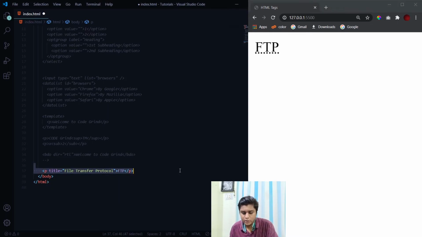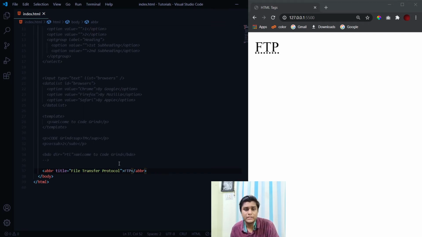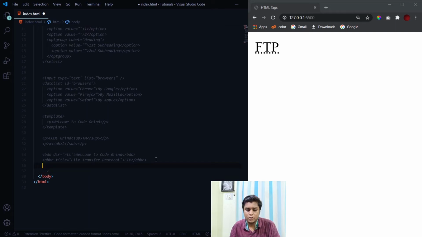Now it can also be achieved using a paragraph tag. When I hover, you see I still get the full form of the abbreviation, but the sole purpose of using the abbreviation tag is that whenever web crawlers are searching, the search engine will know that this particular thing written inside the abbr tag is an abbreviation, and it will know when to suggest it to the user. But if you write it inside a p tag, HTML will consider it as any other normal text. So the sole purpose of using this tag is for SEO. And as I told you, the other three tags which we will talk about are also only for SEO, and they won't have any effect on your styling.